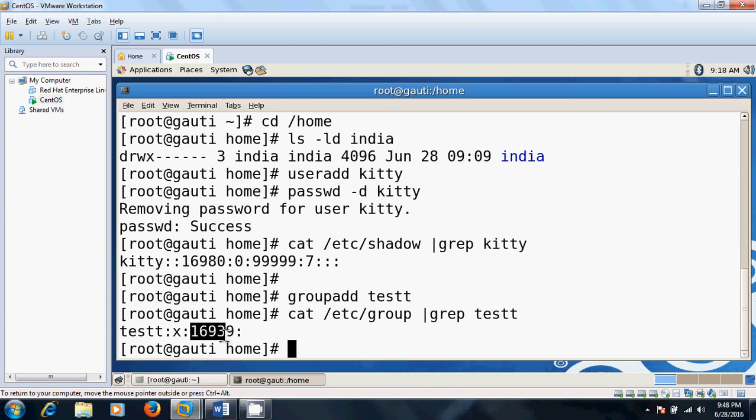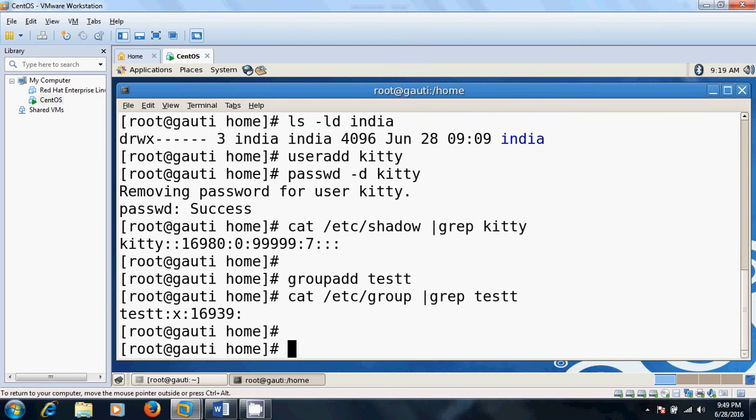Okay friends, now how to add a user in a group. To add a user in this group, use the usermod command. There are three commands here.